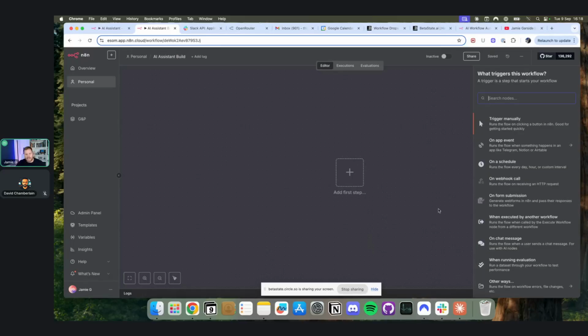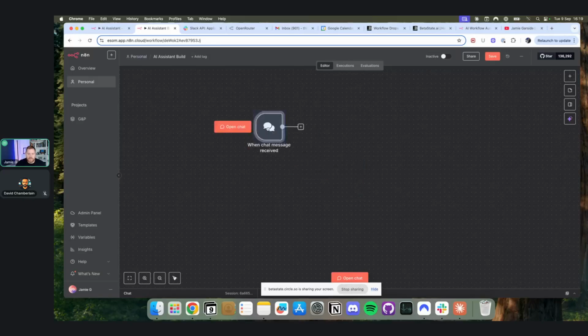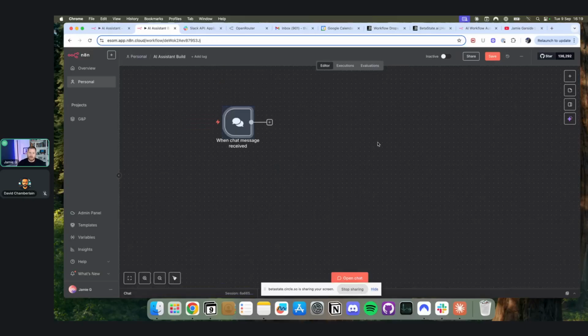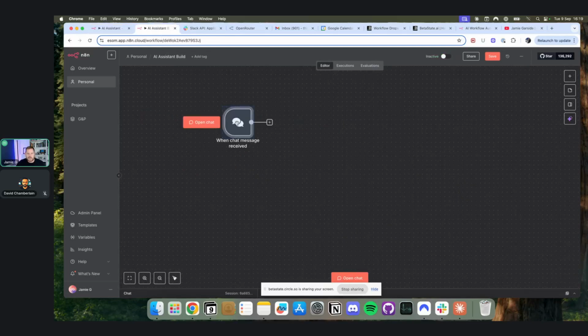So inside of n8n, there is this on chat message. I'm just going to click this, and then you just click outside this box to close this down. You don't need to do anything on that. That's going to pull this trigger in here. n8n, and this is a really cool feature of theirs, have their own built-in chat. If I click on open chat here, or you can click it down at the bottom here, we've got chat message here. If you're building out a workflow where you are going to converse with an AI agent or an LLM, just like we're doing here, because we're effectively sending Slack messages into this AI assistant, then you can use the n8n built-in chat, and I recommend this,